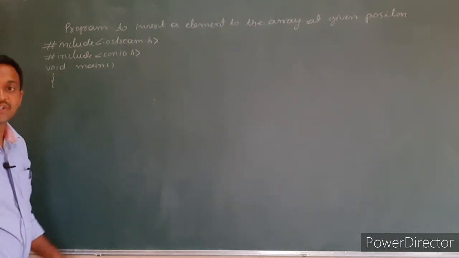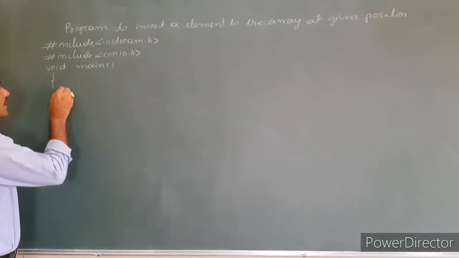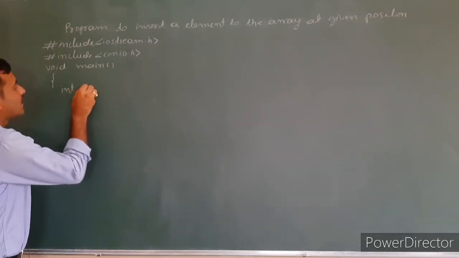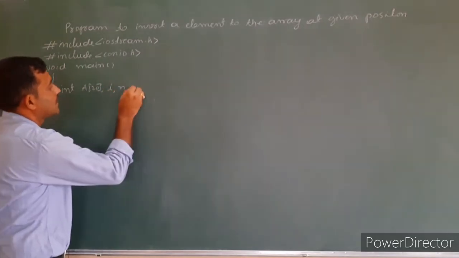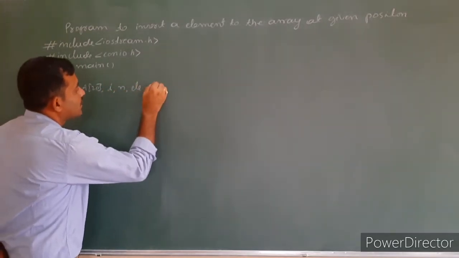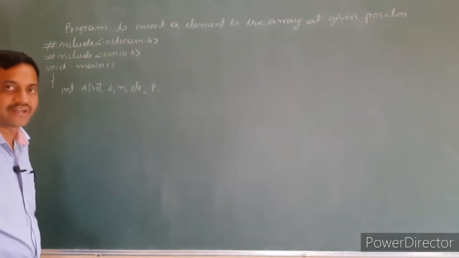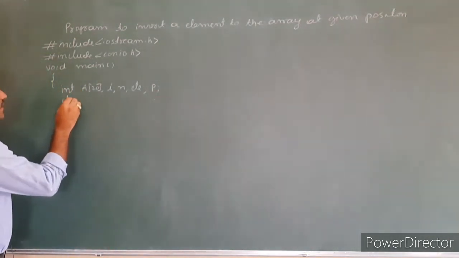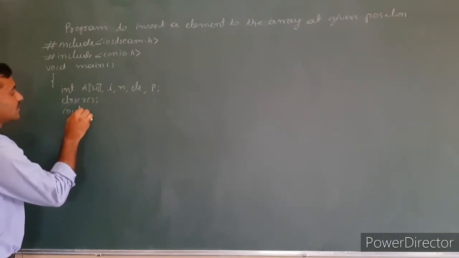Okay, commonly used include statements, then main of the program. Here we declare local variables: an integer array with 20 elements, index value i, number of elements n, element to be inserted, and position p. So these are the variables required. After that, clrscr to clear the screen, cout,